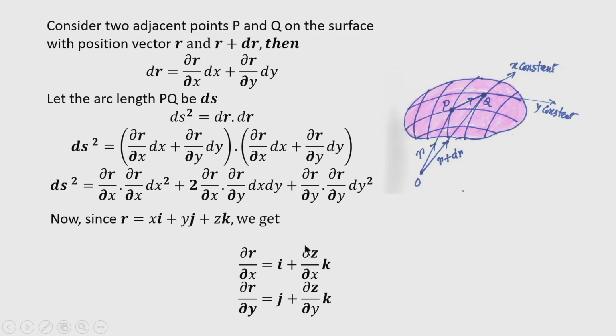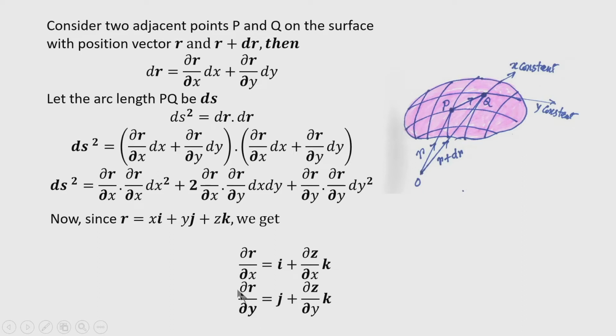Then this becomes del z by del x into k, because z is a function of x and y. So, when we differentiate, we treat this y as a constant, and therefore, we differentiate del z by del x. Okay. Similarly, when we differentiate this r vector with respect to y, we will be getting this del r by del y